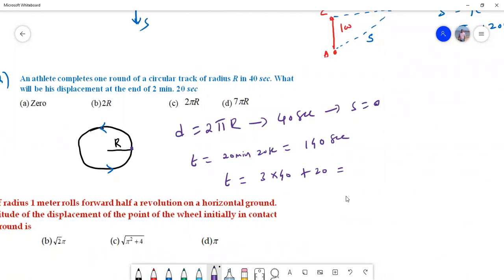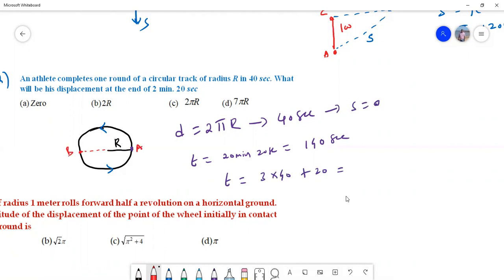That's what he said. He'll complete one round on the circular track in 40 seconds. So after every 40 seconds, he'll again come to the starting point. So for 3 rounds, his displacement is 0. Now, for one complete circle it takes 40 seconds, but after 20 seconds he'll be at this point. After completion of 3 rounds, he has to travel for 20 seconds more, so he'll be at this point. Suppose you take this A and you take this B.